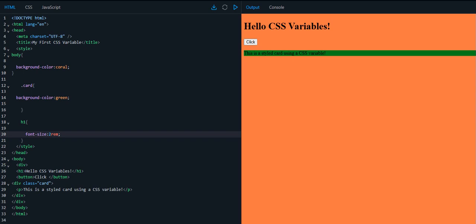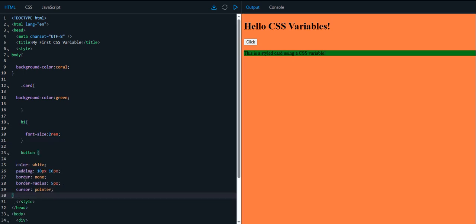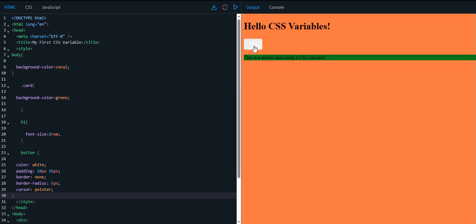Let me put for this button some properties: a color, a padding, a border. Okay, now looking in this way. Okay, now let's